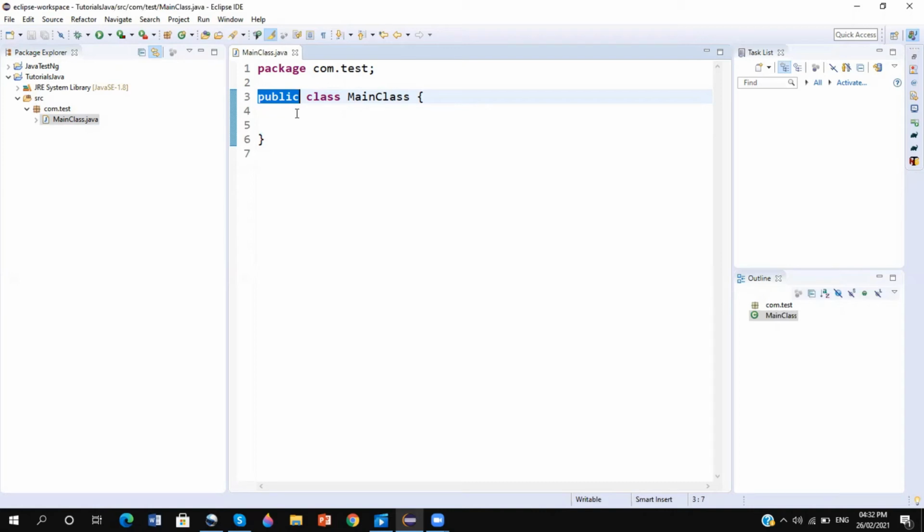We will discuss more in the access modifier class. There are different types of access modifiers we can use. So this is our class name, this is the user defined name. If we are creating a class as public, then our class name as well as the file name should be the same. Now I'm going to create one main method.